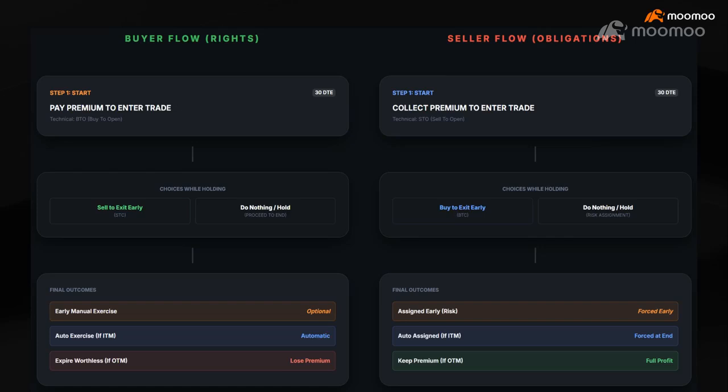Basically it means you will be auto exercising the right to buy the underlying at the strike price. So be mindful of that. If you have the buying power in your account and you don't manage your position and it's in the money, usually the system will trigger auto exercise and you are buying the underlying at the strike price. So if you don't want the underlying, make sure you close your position before it happens.